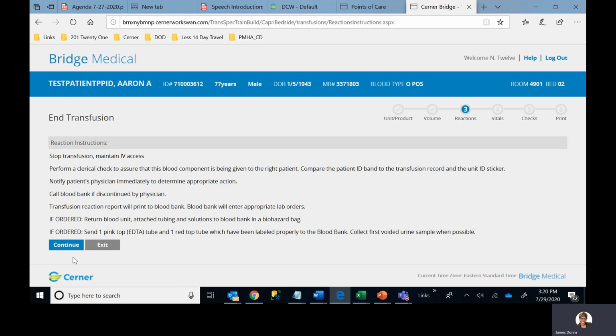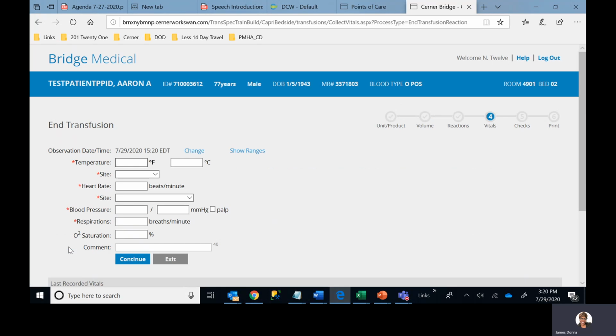And the next screen you will be advanced to is the reaction instruction screen. This is only read-only instructions for the nurse to follow through to make sure all of the steps have been carried out in case of a reaction. The reaction instructions were reviewed and agreed upon as designed. Once the nurse has followed everything that's listed here, you can click continue, and then you can proceed to document